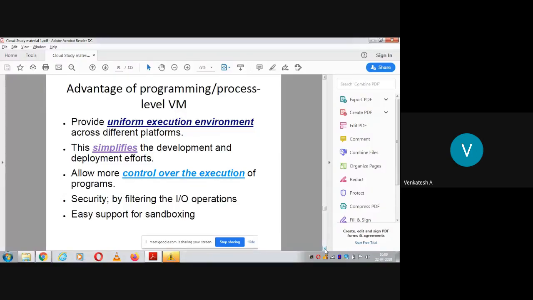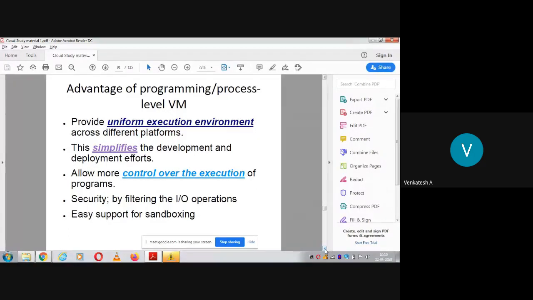An advantage of programming or process level virtual machines. Guys, look here: another name for program level virtualization is process level virtualization. For example, if you get a question like 'explain briefly about process level virtualization', that is nothing but programming level virtualization.